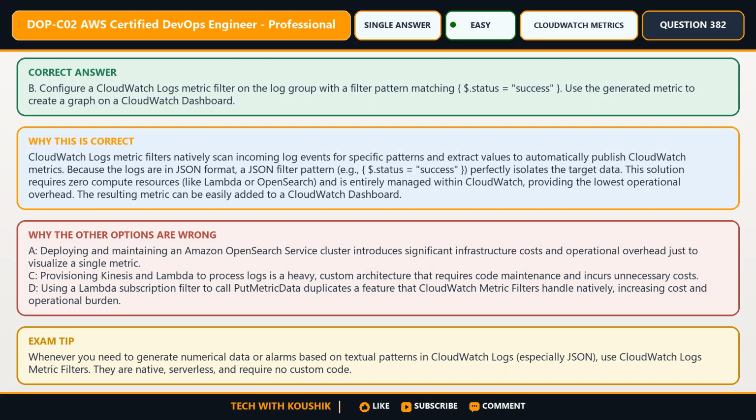The right response is option B. Configure a CloudWatch logs metric filter on the log group with a filter pattern matching $.status equals success. Use the generated metric to create a graph on a CloudWatch dashboard. This works because CloudWatch logs metric filters natively scan incoming log events for specific patterns and extract values to automatically